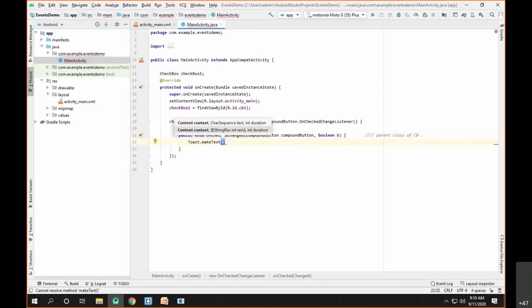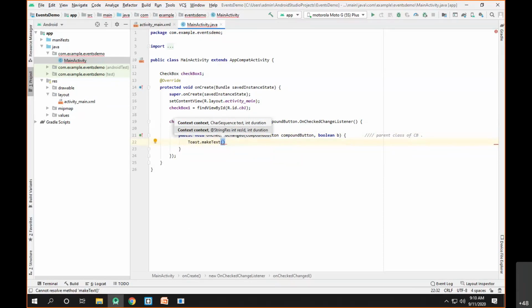We know whenever any checkbox is clicked or unchecked, the reference of that checkbox will be passed, so I can get the information about whichever checkbox from the parameter.